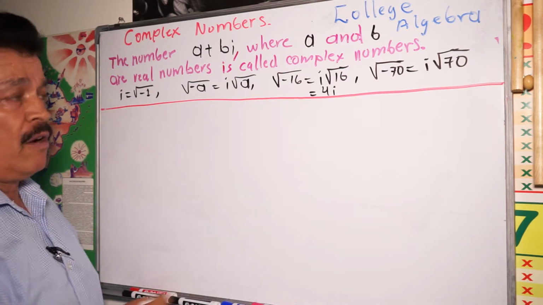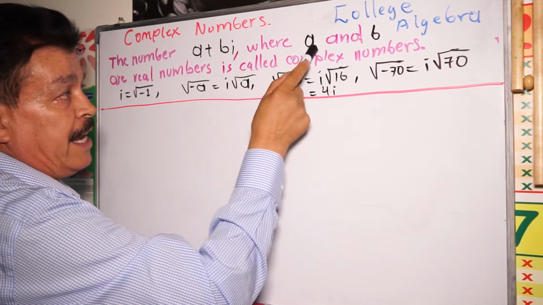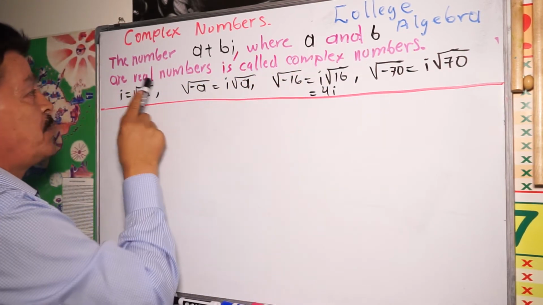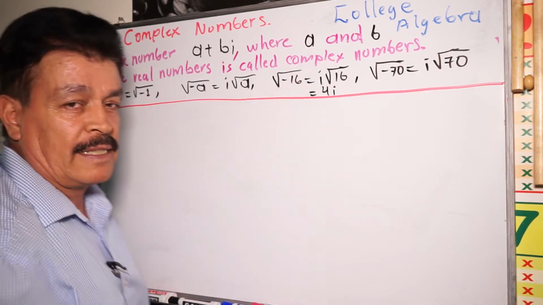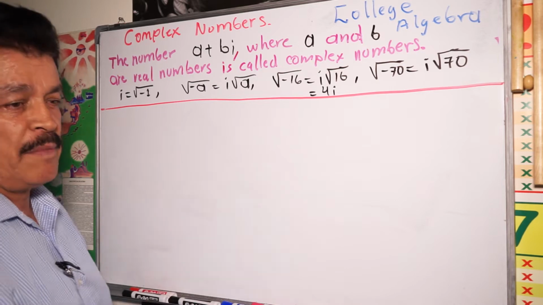A number like a plus bi, where a and b are real numbers, is called a complex number. Complex numbers. Some formulas here. Remember